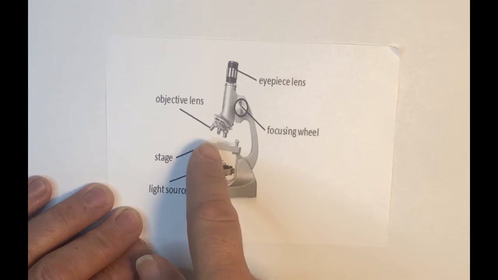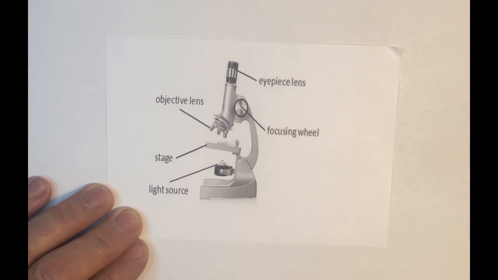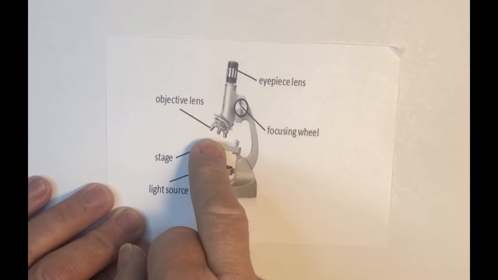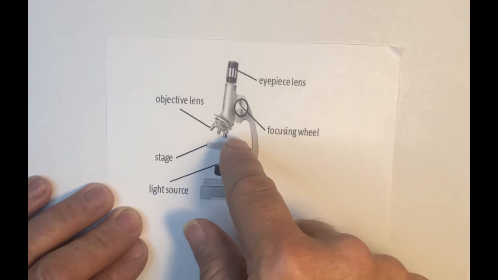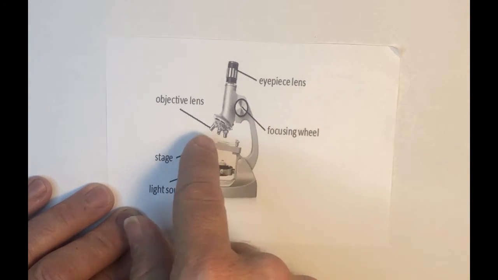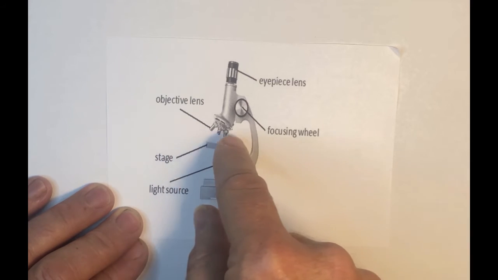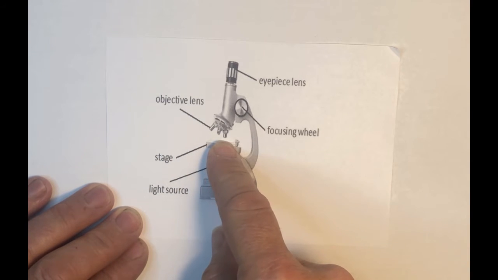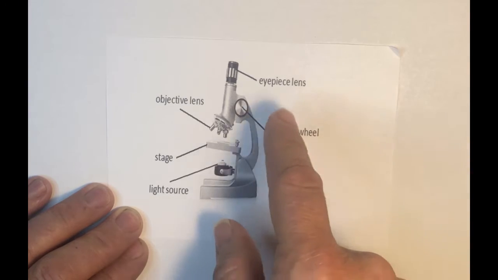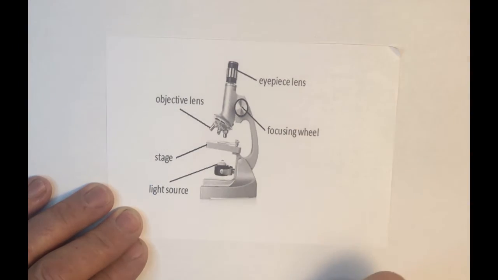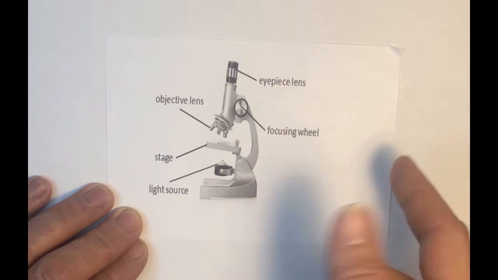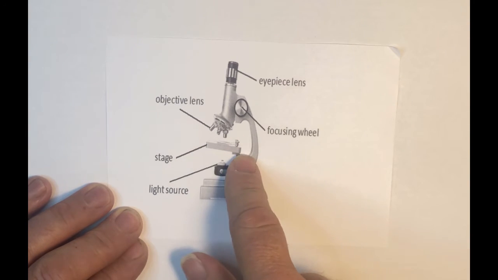The objective lens: normally you'll have three lenses around the outside of this part here, and they are the objective lenses, and each one of those has a different magnification. When you turn that round, the longest lens has the greatest magnification, the shortest lens has the smallest magnification. What you would tend to do is start on the smallest, focus it, then turn to a bigger lens and a bigger lens. The stage, just like it might be in a theatre, is where the actual microscope slide